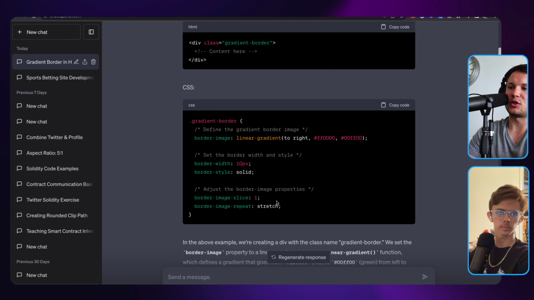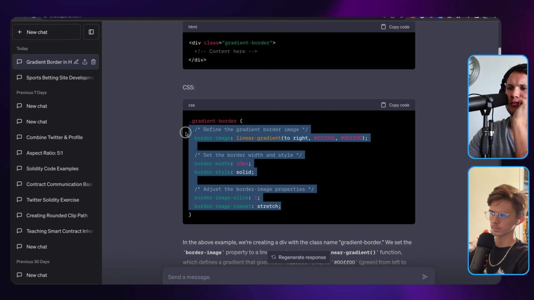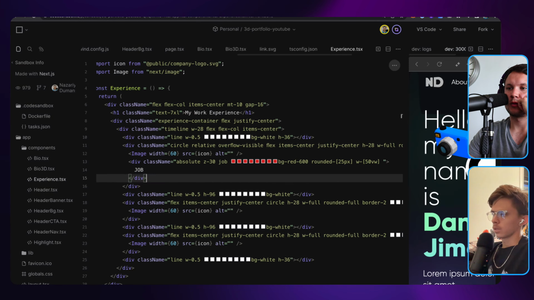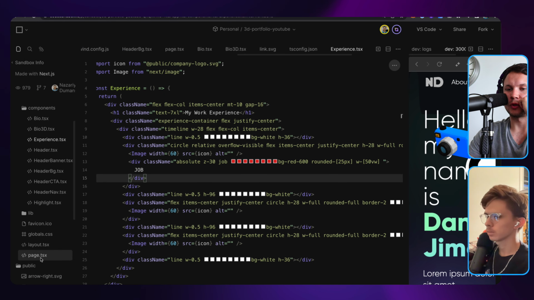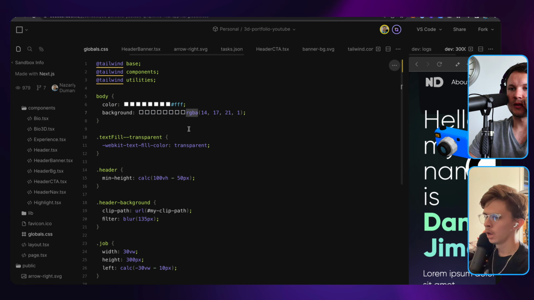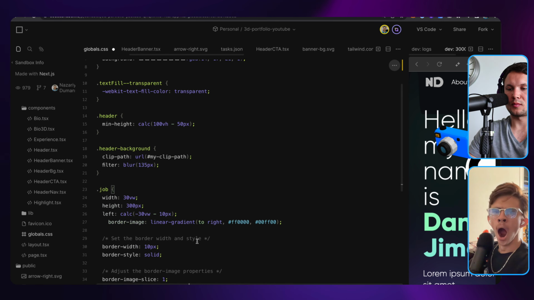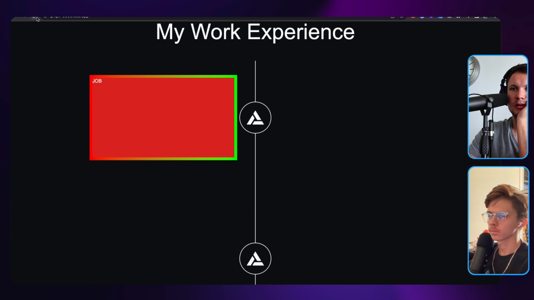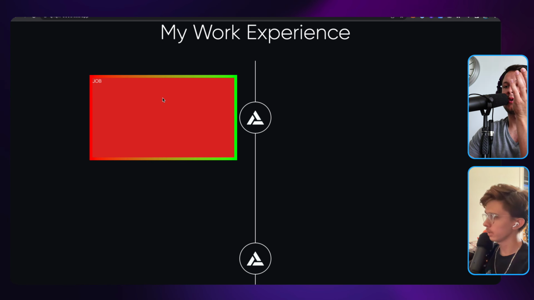But look at this. It says adjust the border image properties, border image slice 1. Okay, let's see. So I'm going to copy this here, just for the sake of it. And this is at the job level, so I'm going to go to global.css. Job. Boom. Let's see here. Oh shit, bro. It does work. Wait, but it doesn't necessarily go with the actual